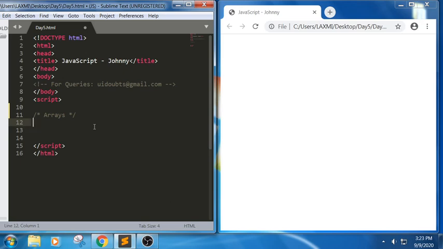For example, the array can store different types of data in each slot. It means in each and every index we can store a different type of data, whereas in other programming languages it will be storing homogeneous type of data. In JavaScript we can store different types of data in each slot, which means each index.